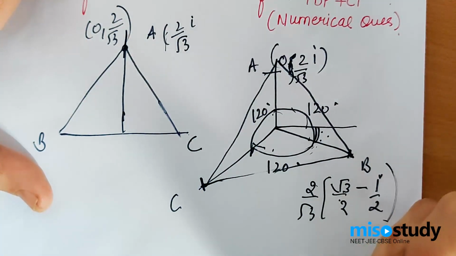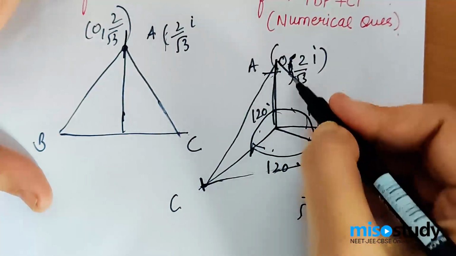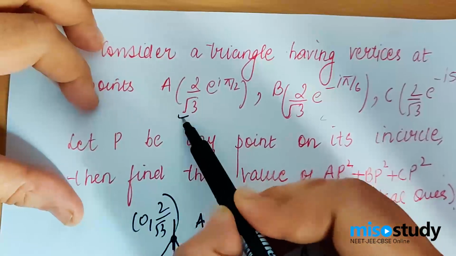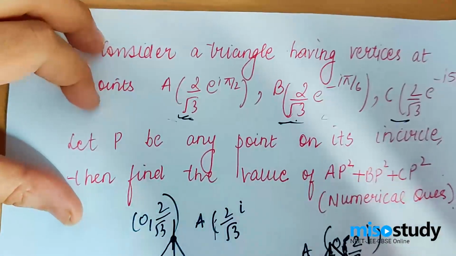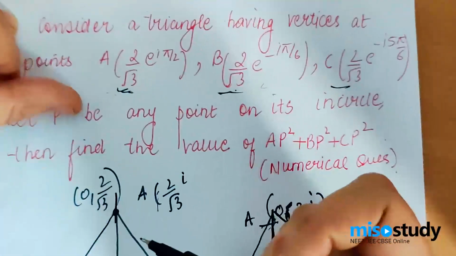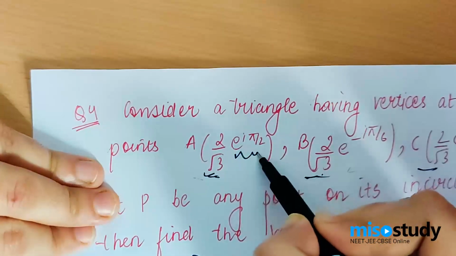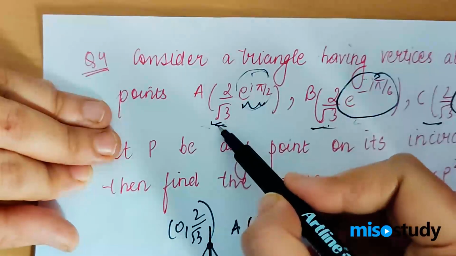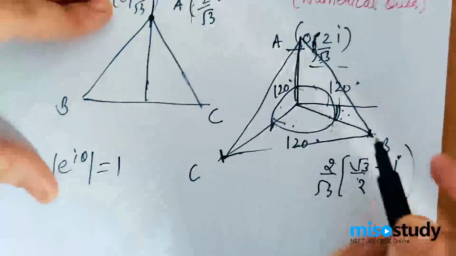Also there is another thing to be noticed: since the angles are the same over here, the magnitude, the radii, would be the same, 2 root 3, 2 root 3. The magnitude of these complex numbers is all the same, 2 root 3. How can I say that with great confidence? Because I know the mod of e raised to the power iota theta is always 1. This complex number's mod is 1, this one's mod is also 1, so the mod of the complete complex number on A would be 2 root 3, in a similar way B would be 2 root 3, and C would be 2 root 3.